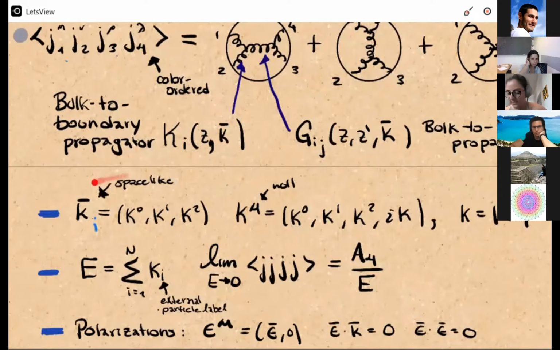And it's going to be space-like. And just for convenience, I'm also going to define for D1, that's null, so just the radial part is just going to be the same as this k. Now, just like in amplitudes, what you want here when you do the double copy is to